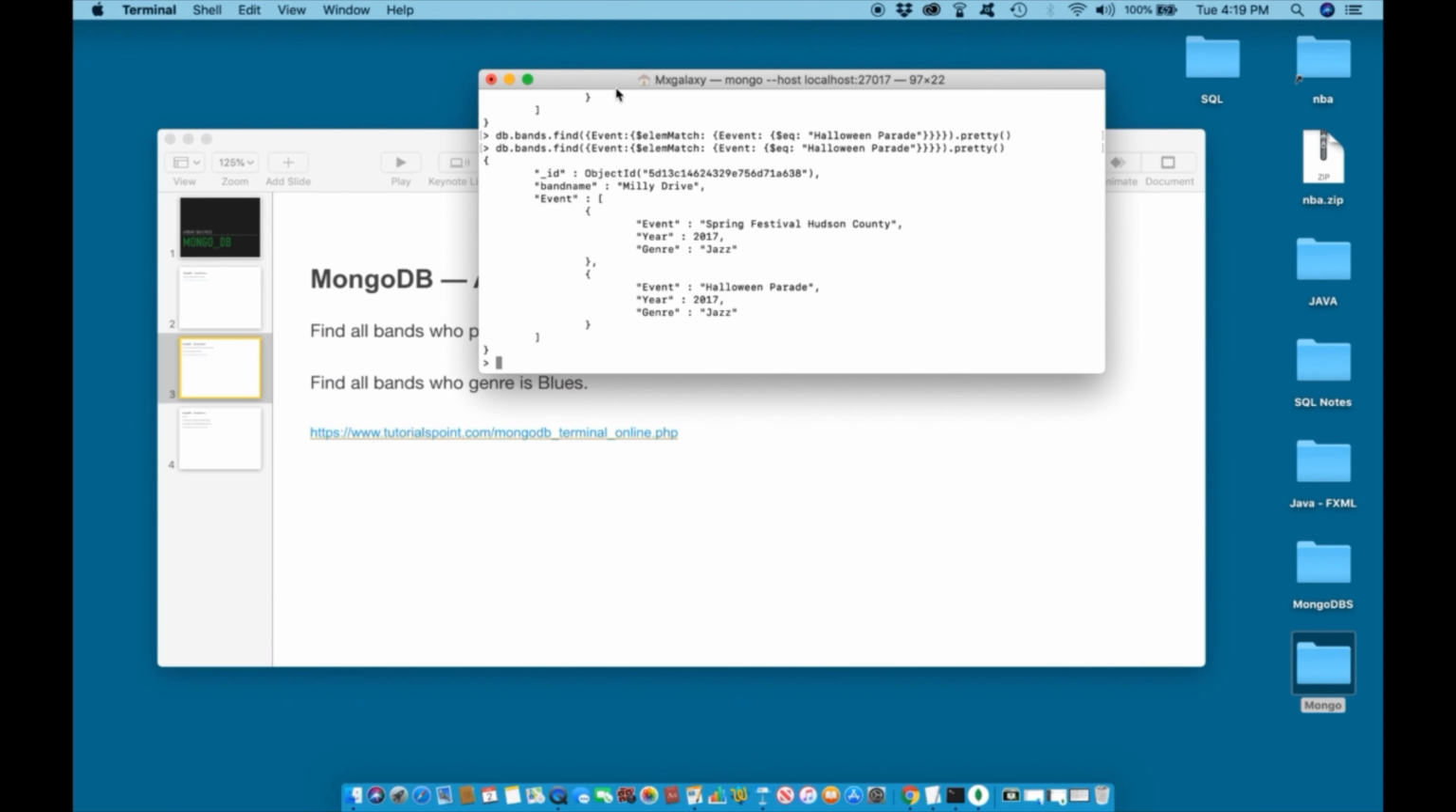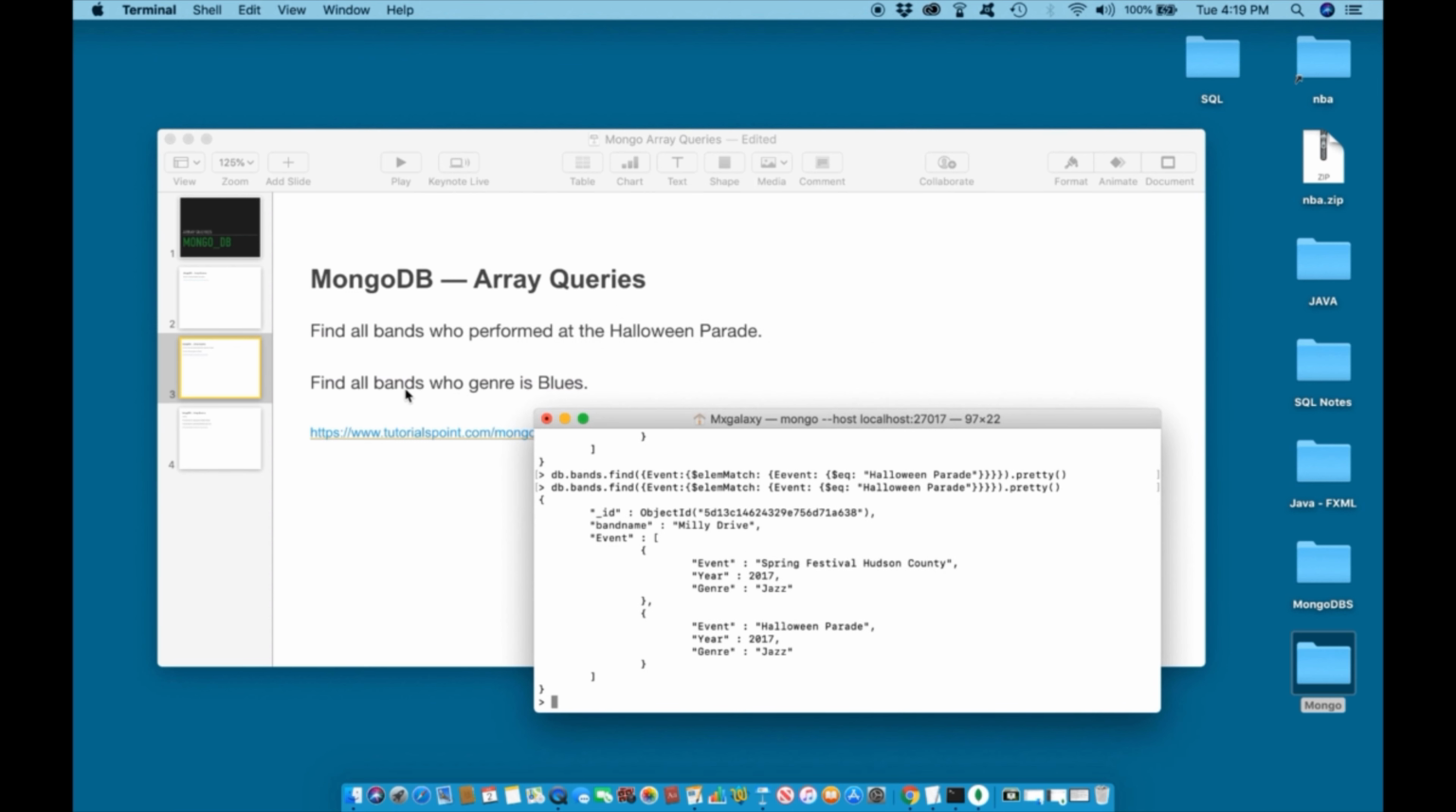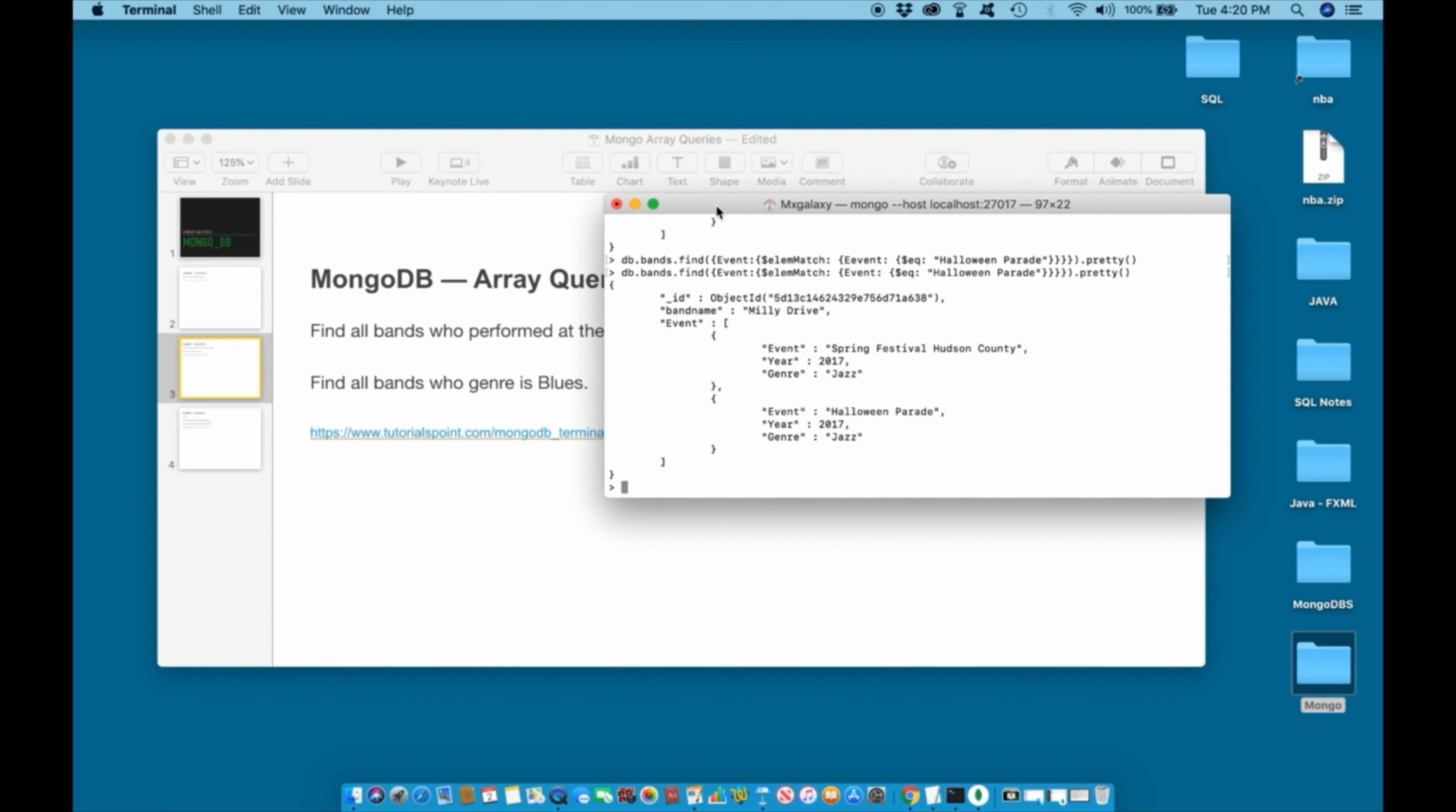Now, let us try the second one. Find all bands whose genre is blues. So we're looking for any band whose genre is the blues. To do this, we can say db.bands.find. This time we are looking to find an event, because we saved this information about the event that they played, or the genre that they played, within the event document or within that array. So we will say event